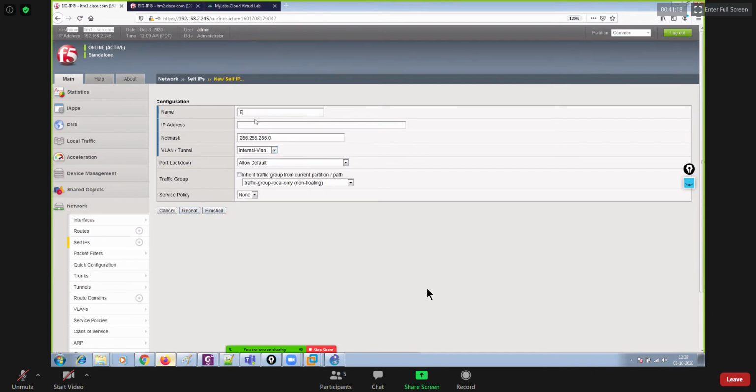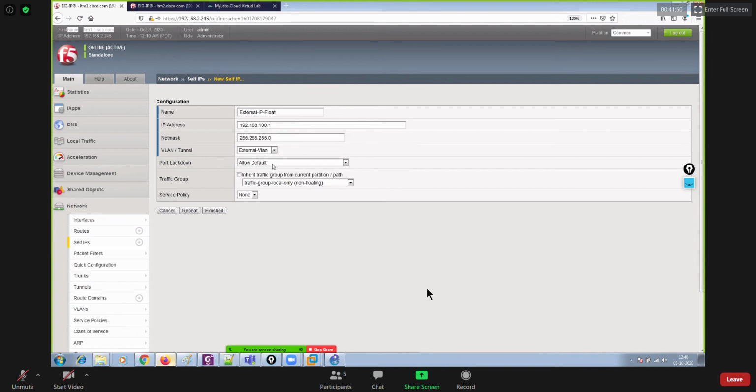For external, the external IP is going to be 192.168.100.252. This is what I mentioned in the diagram, right? So netmask will remain the same, VLAN external, allow default, non-floating, this is fine. Then repeat it, and thereafter say external IP floating IP, and that's going to be 100.1.